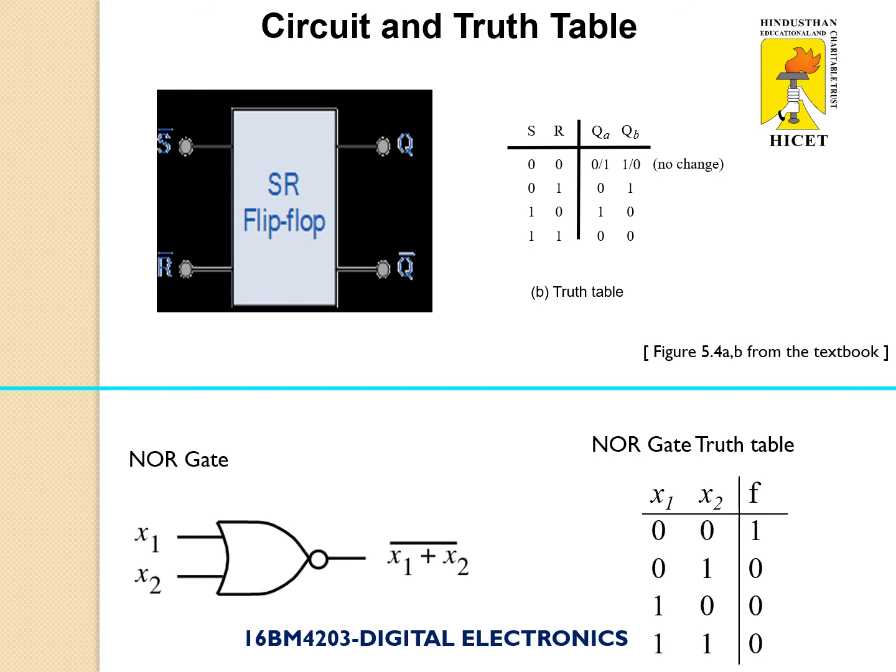Now we will discuss SR flip-flop, set reset flip-flop. Then two outputs, normal output and inverted output. I am going to explain the general truth table of SR flip-flop. SR input 0 0, output no change. 0 1, output 0. 1 0, output 1. 1 1, indeterminate. So for 0 0 output no change, and the output mentions the next state of flip-flop.